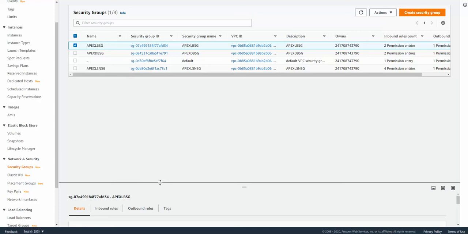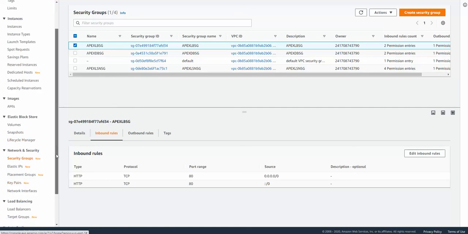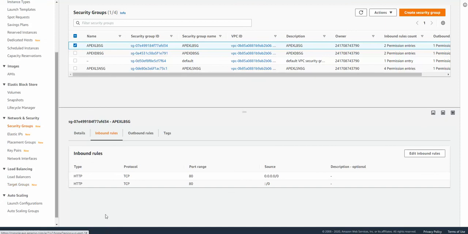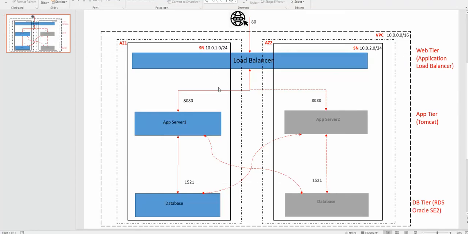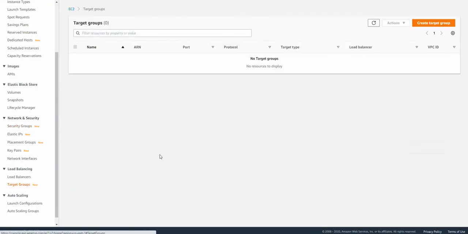Just as a refresher, if you look at the inbound rules, they say that from the internet on port 80 I'm able to reach through this security group. So what we are going to do is create a target group and associate the target group to the load balancer, so that the load balancer is the one which connects to the target in the target group, right? Let's go back to our target groups here.